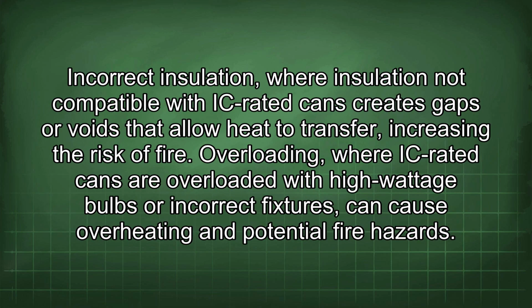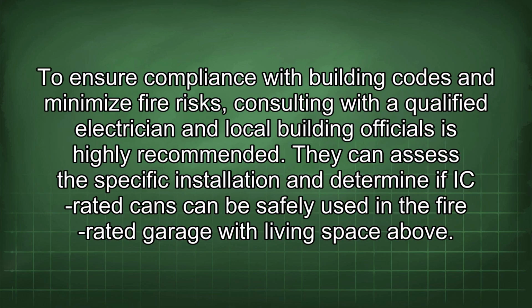Incorrect insulation, where insulation not compatible with IC-rated cans creates gaps or voids that allow heat transfer, increasing the risk of fire. Overloading, where IC-rated cans are overloaded with high wattage bulbs or incorrect fixtures, can cause overheating and potential fire hazards. To ensure compliance with building codes and minimize fire risks, consulting with a qualified electrician and local building